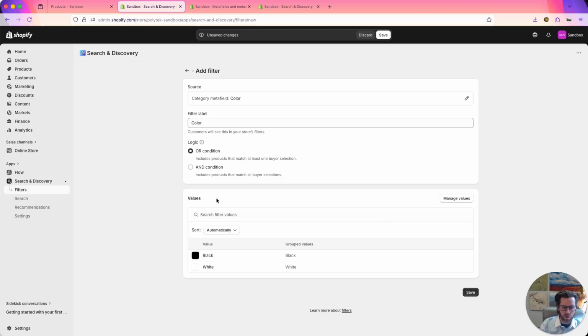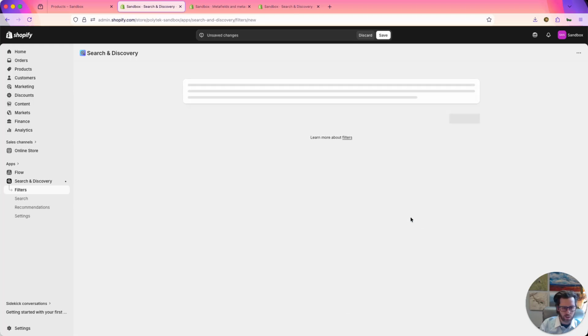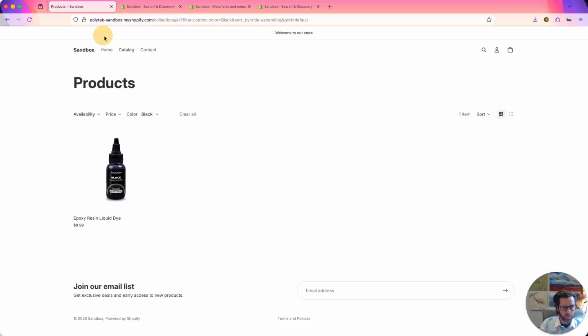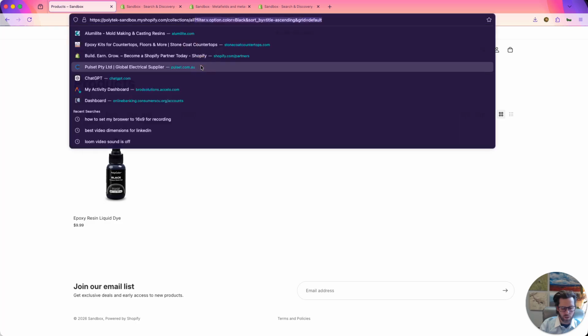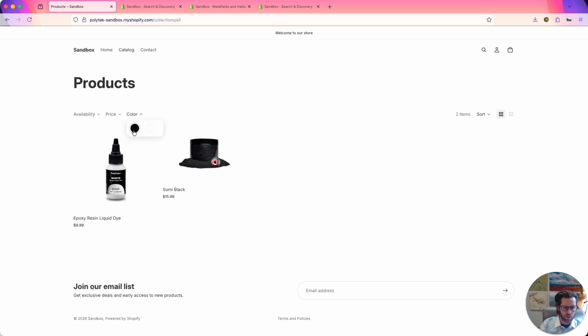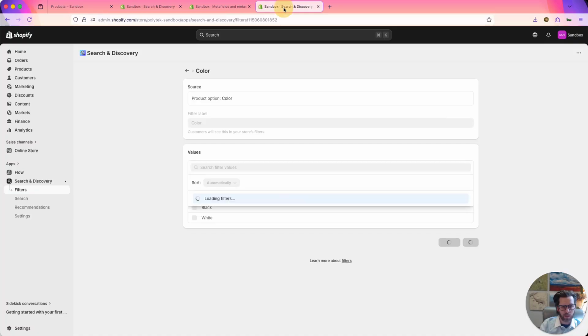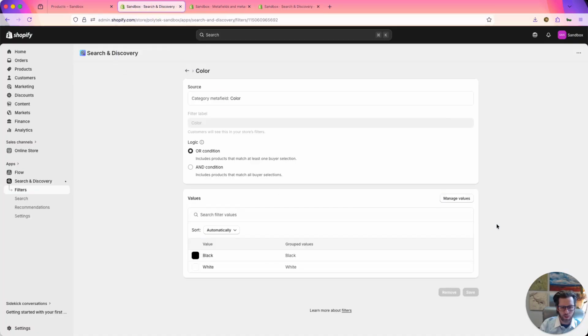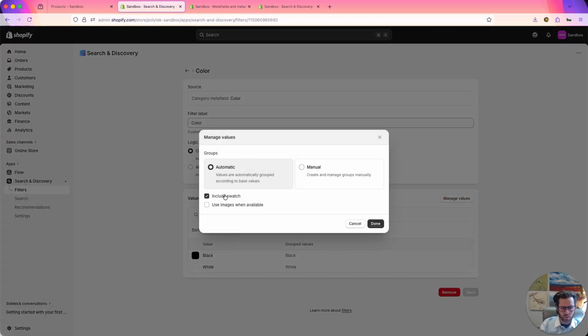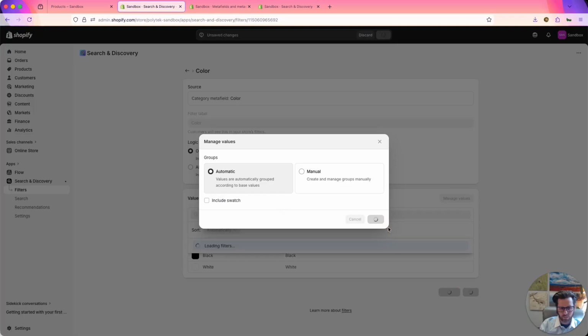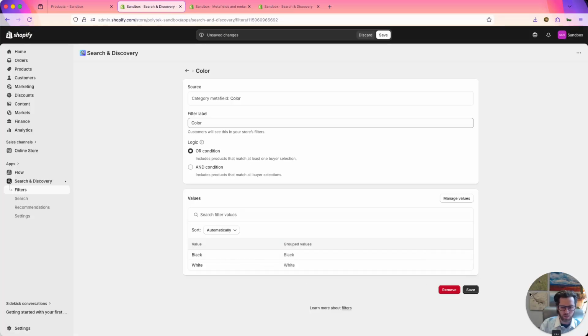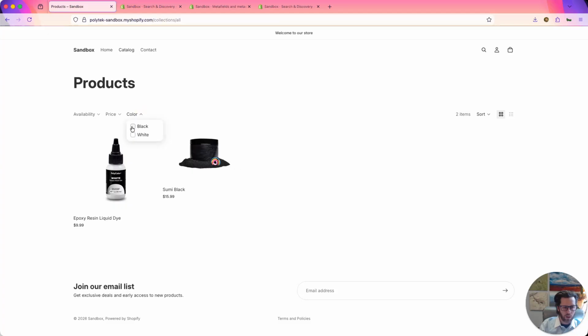So I'm going to click on that. And by default, when you do this, it's going to actually ask for a swatch, which looks okay. I can show you in a second here. If we refresh this page, it's going to give you this tile color, which is not preferable in my case, so I'm going to switch that out by hitting Manage Values and checking that swatch off. And so now I just want the value to be the name. See that black